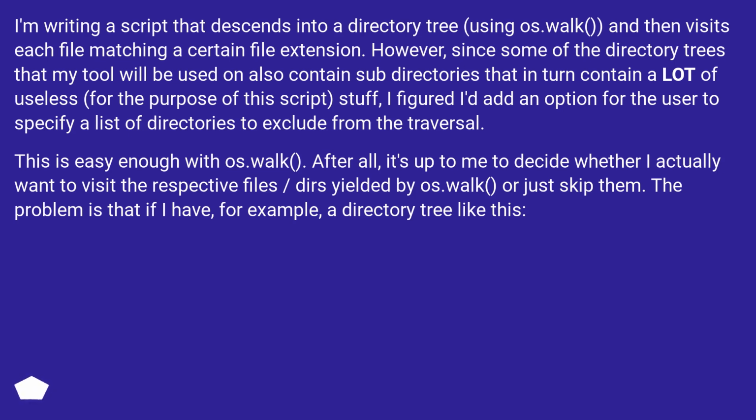This is easy enough with os.walk. After all, it's up to me to decide whether I actually want to visit the respective files, yielded by os.walk, or just skip them. The problem is that if I have, for example, a directory tree like this,